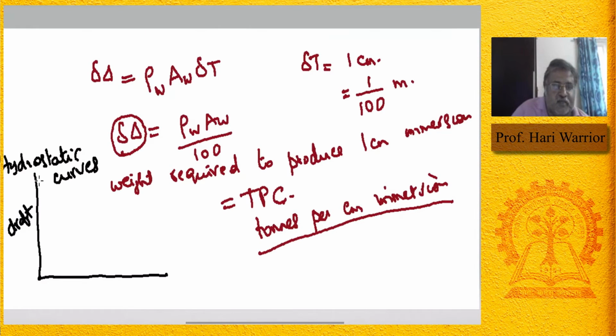These hydrostatic curves are usually drawn between the draft and the hydrostatic particular we are interested in. For instance, you can put all the form coefficients here. Like I can have a curve for CB. CB will look like this. Then CM can look like this. Remember CB is the block coefficient, CM is the midship section coefficient, and all those different coefficients of form, CP, all look different.